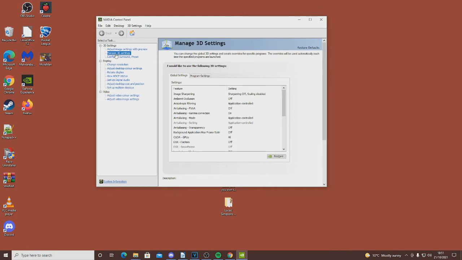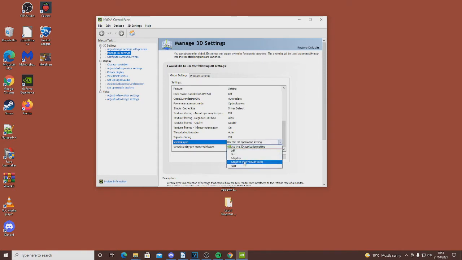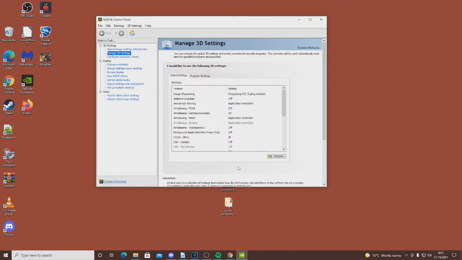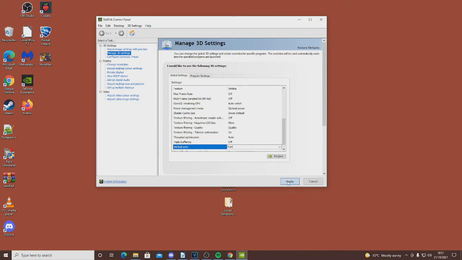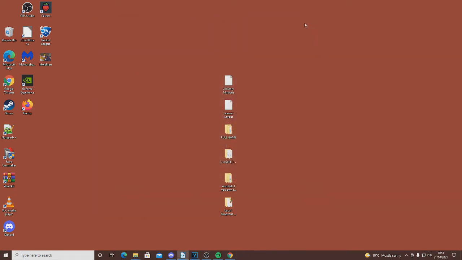Click on Manage 3D Settings. Scroll down to the vertical sync option. Go to the drop down menu and click Fast and then press Apply. Once it's been applied, click off. This will help out with game loads, frame rate and potential stuttering. Shout out to BakerMan12 and the HD Crash Bandicoot Discord for this fix.